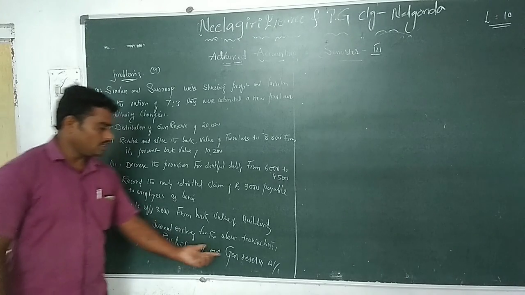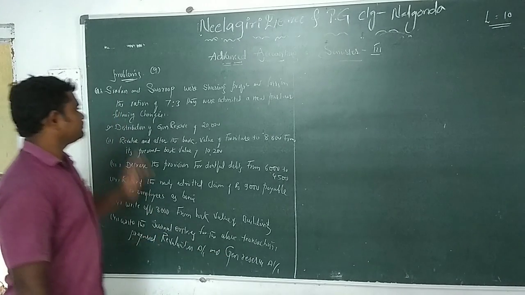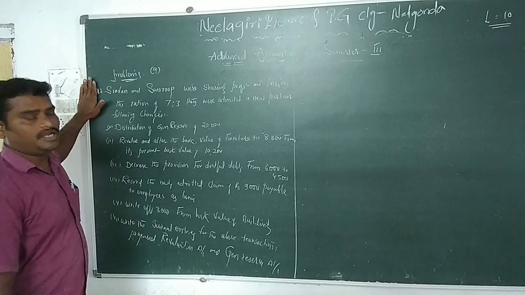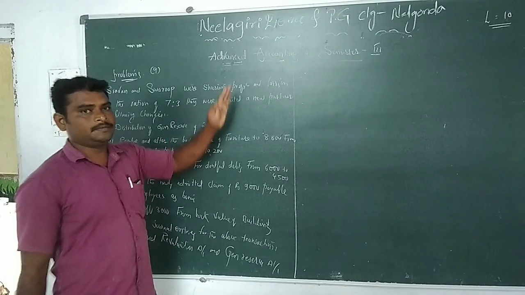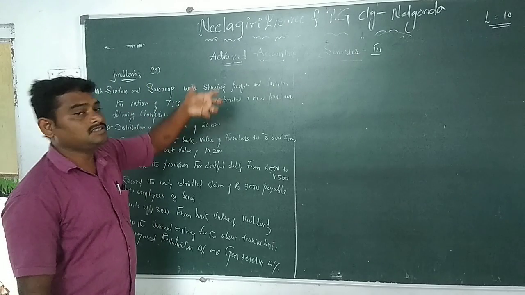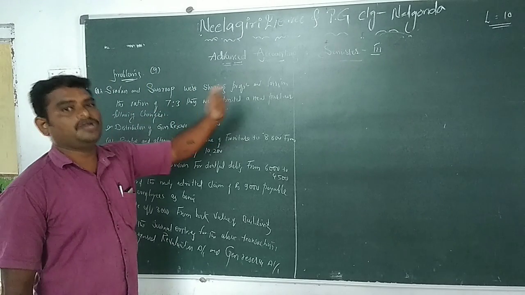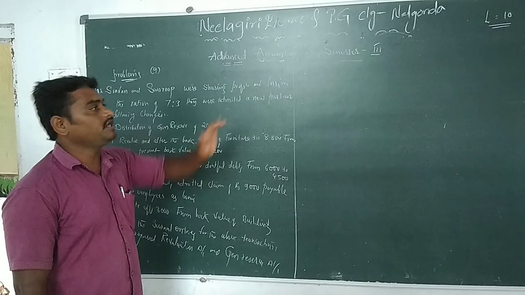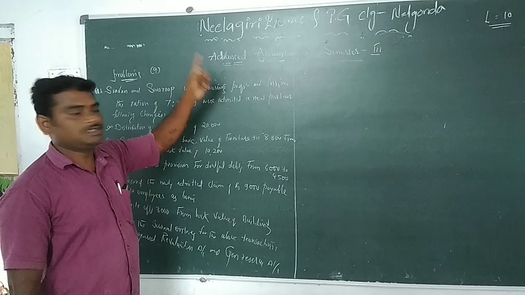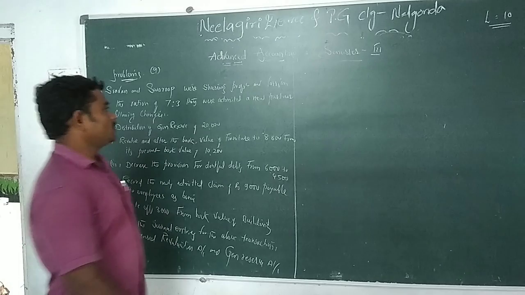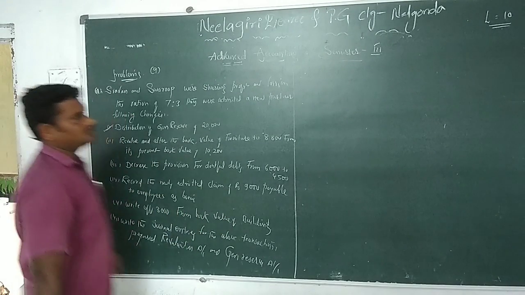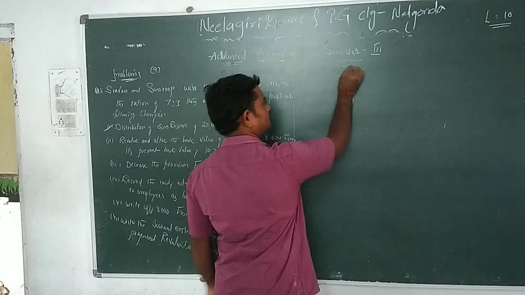Prepare the revaluation account and general reserve account. Write the journal entries. The journal entries were already explained in the previous class. When assets are decreased, when assets are increased, liabilities are increased, liabilities are decreased. What is the revaluation profit? These journal entries were already explained. So what is the first? Distribution of general reserve, journal entries.